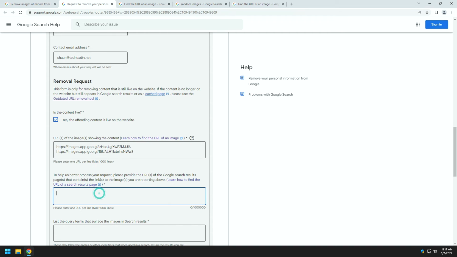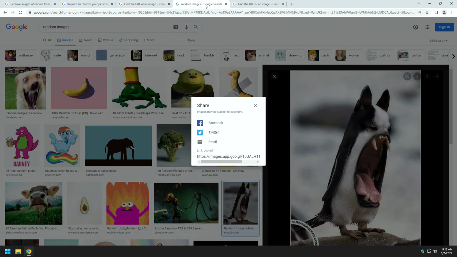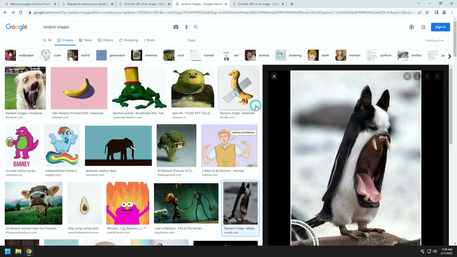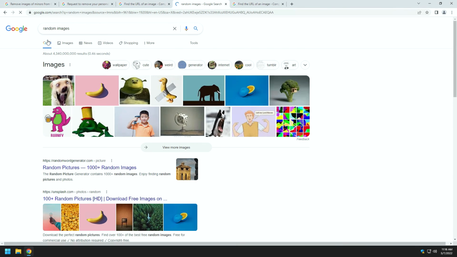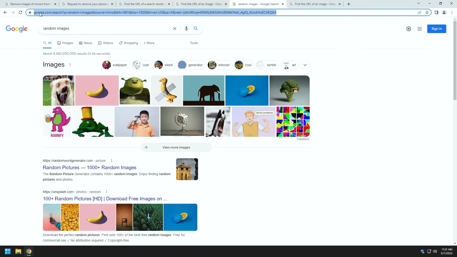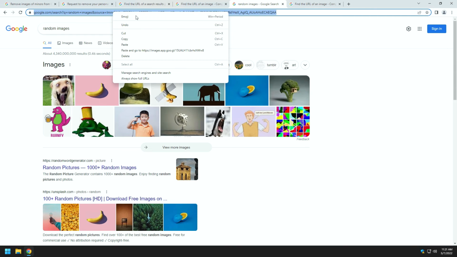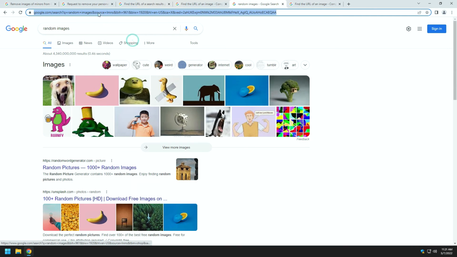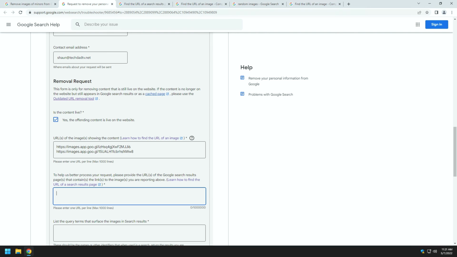Here they want you to paste the URLs of the Google search results. So to do that, we go back to our search. Rather than doing an image search, we'll click on all to do a regular Google search as part of their process for removing the search results. So right-click on this URL and copy. Head back to your form